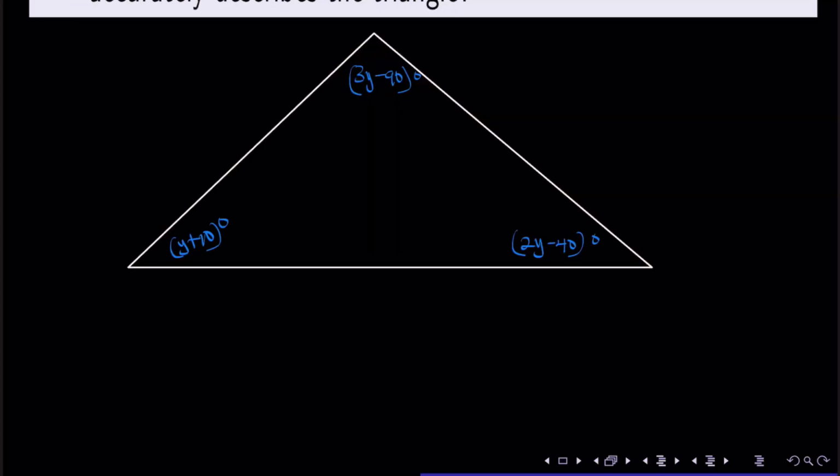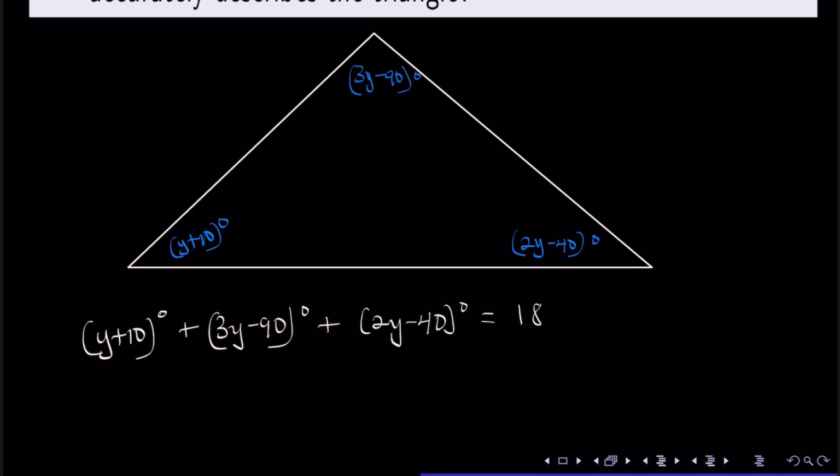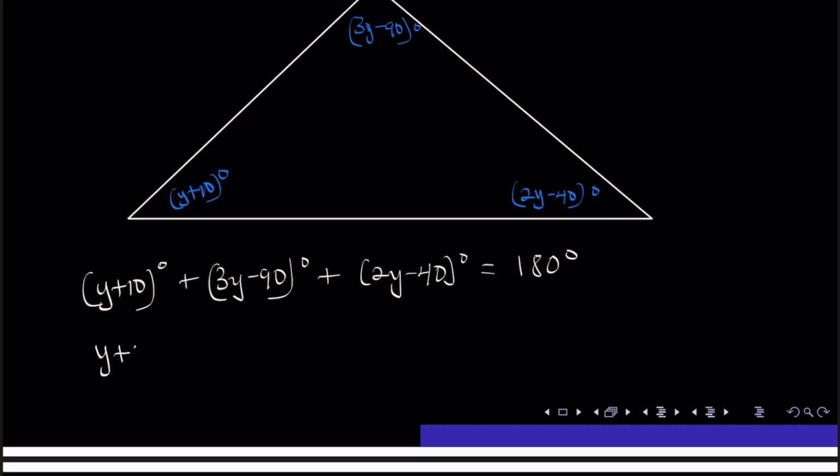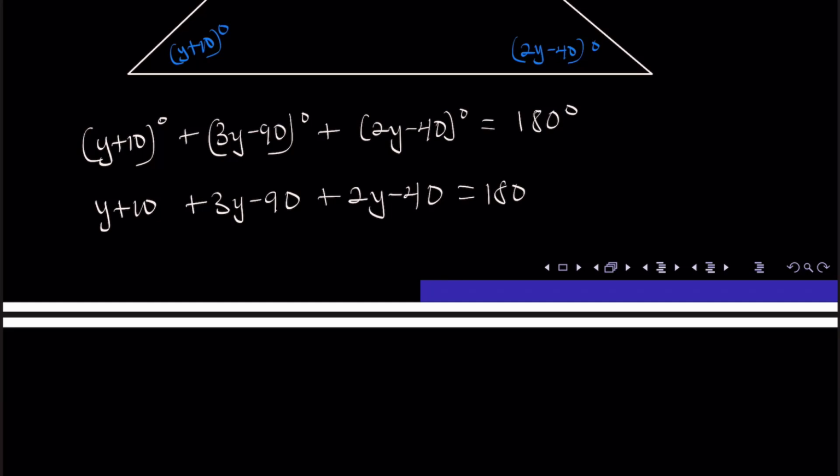By definition, the sum of the interior angles of a triangle is equal to 180 degrees. So we are going to have y plus 10 degrees plus 3y minus 90 degrees plus 2y minus 40 degrees is equal to 180 degrees. Now we solve for y. So we are going to have y plus 10 plus 3y minus 90 plus 2y minus 40 is equal to 180. Adding like terms gives 6y minus 120 is equal to